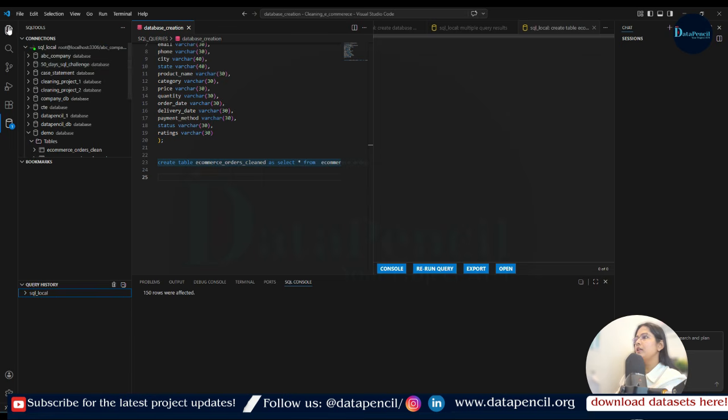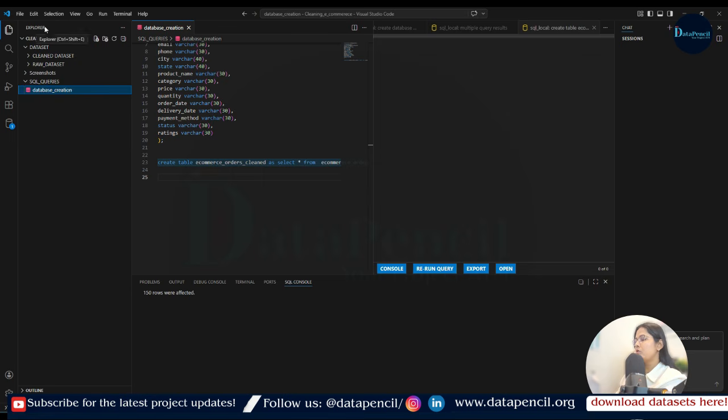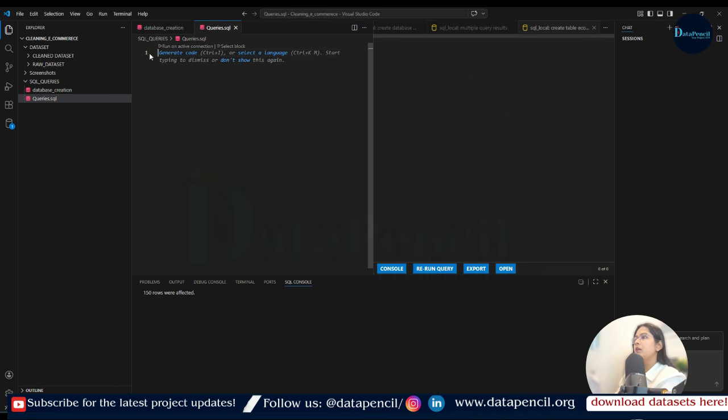Now the second file that we will create before starting the cleaning part is cleaning queries. Okay, for that just select this SQL queries and write here queries.sql, and here we will start by exploring what messiness we have. Okay, so first of all we will check for duplicate value,